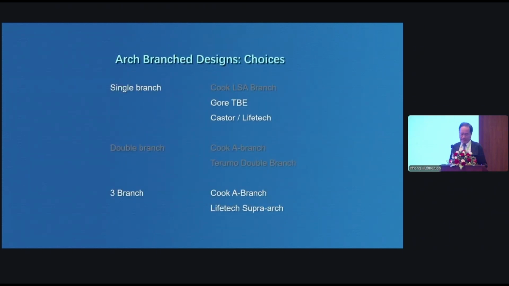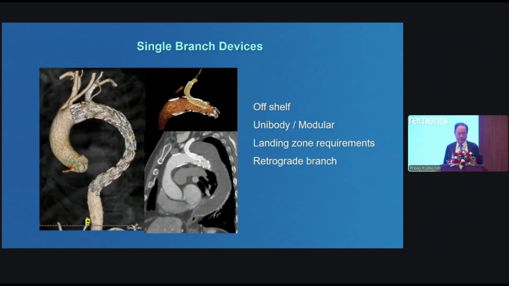So when we do the arch now, we have evolved into, I think, single branches rather than fenestrations. We are going more for off-the-shelf devices now than custom single branch devices. And we sort of dispense with double branches and we move directly now to doing mostly 3 branch devices. I think currently what we're doing is either an off-the-shelf single branch device for some patients, or we go for 3 branches. So single branch, because of the limitation we discussed earlier, now we tend to favor these immediately available